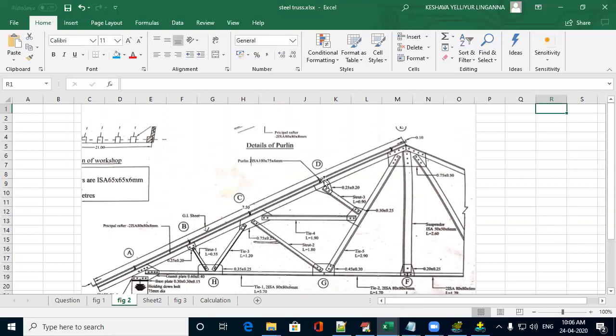These are the purlins. And you can see the struts here. Strut 1, strut 2, strut 3, with the corresponding lengths they have mentioned. What is a strut? A strut is a compression member in the truss. The load coming on the truss will be either tension or compression. The compression load will be taken by the strut, and tension will be taken by the tie beams. Here you can see tie 1, tie 2, tie 3, 4, 5 along with the corresponding lengths they have given.